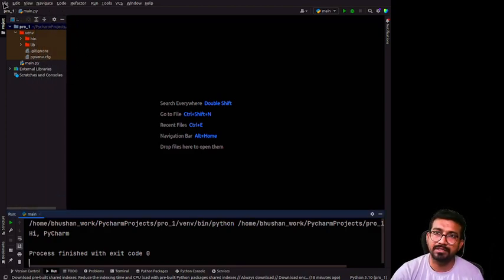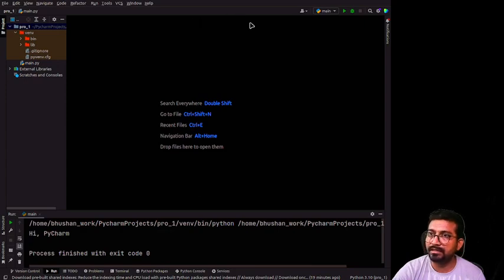To install this library, you just need to go to the File menu, then click on Settings, then click on Project and click on Interpreter, and just click on this plus tab, and here you can type Pandas. As you know, I already installed this. So once you search this Pandas, then you will get the